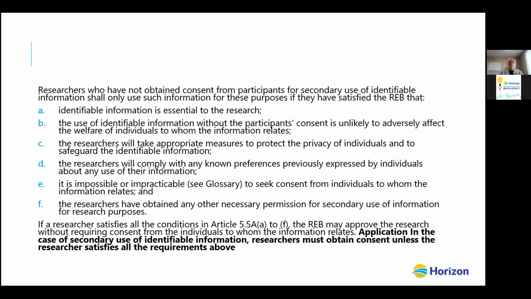If you've got an older data set where, if you contacted participants, there is a good possibility that reconnecting with them could cause them some kind of distress, or you've got a population of patients where it's a good possibility that you may have deceased members in that data set. Those types of things would all contribute toward that impracticability.